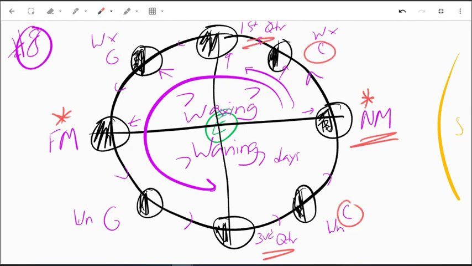Crescents will always be between the new moon and the quarters. A waning crescent is before the new moon. A waxing crescent is after the new moon, because now you're starting to gain view of the day side of the moon, right? And then